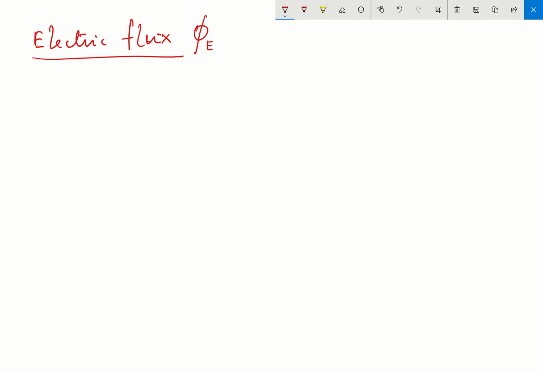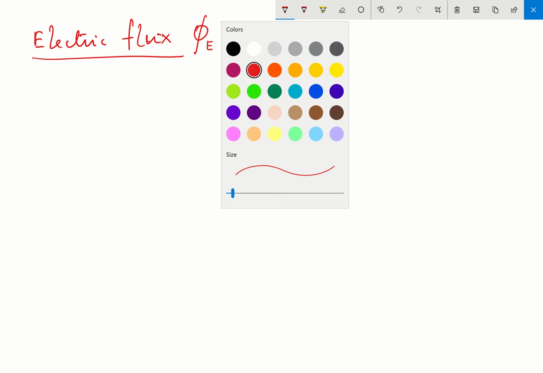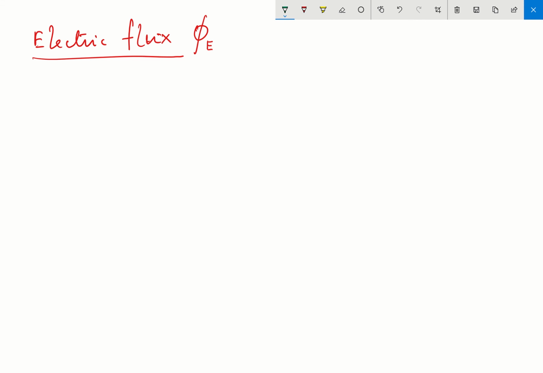Okay, to start with, let me take a very small area, that is delta S. First I am taking a very small area, a delta S. To start with, this is a small area, but actually I have taken the small area somewhere in this. This area is S, the closed area, and here it is delta S. Now what I want is, let